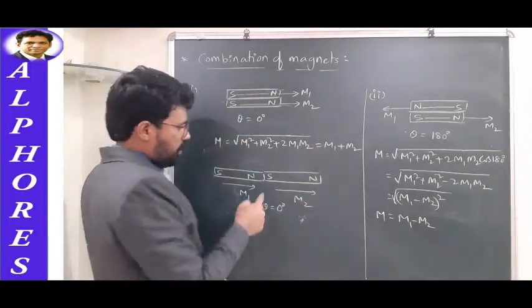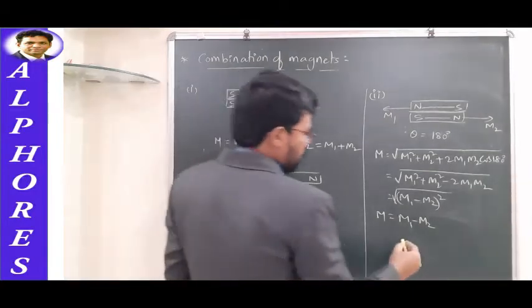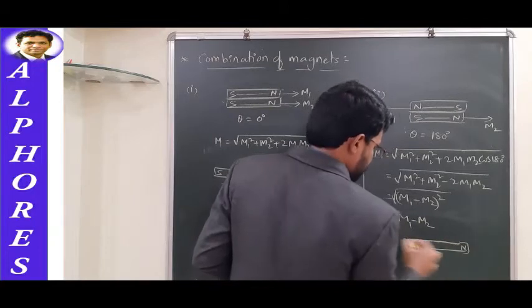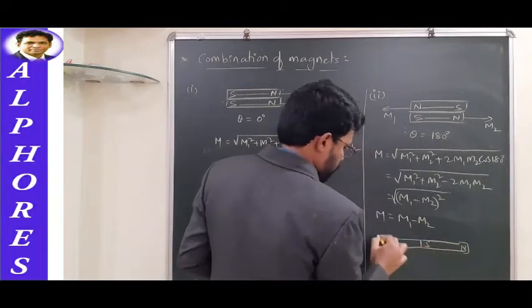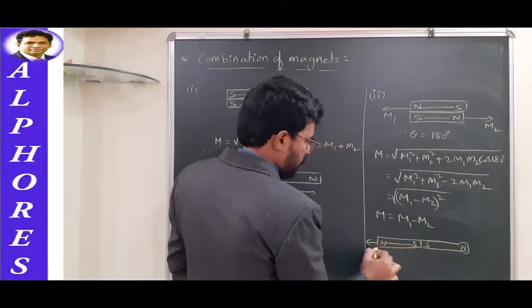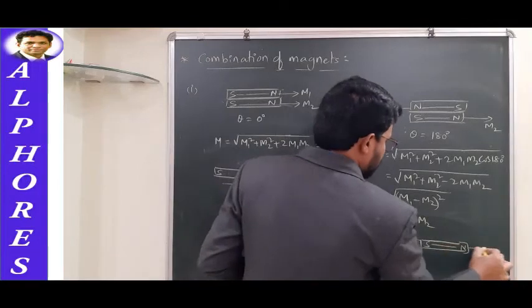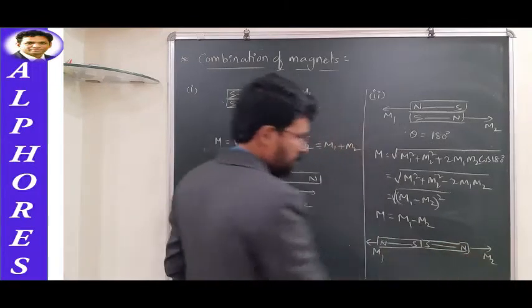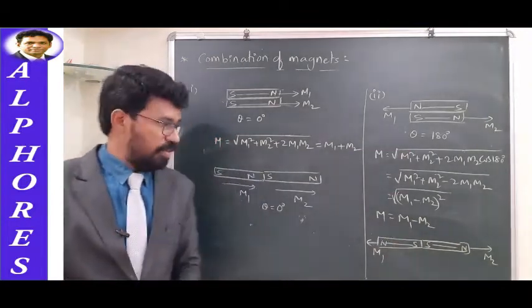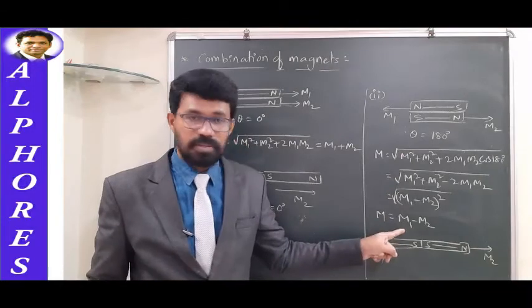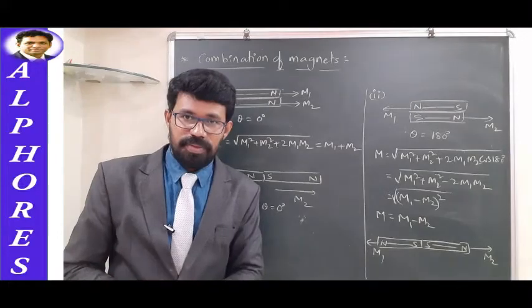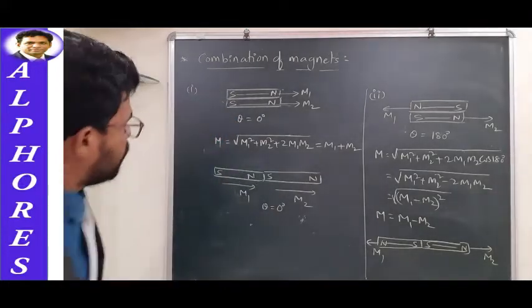Now here also you can imagine something like this kind of arrangement. Let us say this is one magnet, this is another magnet. Corresponding to this one, the magnetic dipole moment is along this direction. Corresponding to this one, the magnetic moment is along this direction. M1 and M2 both are opposite in direction. So these two situations are similar. In these two situations, the magnetic moment value will be equal to M1 minus M2 only. Like in these two situations, the magnetic moment is equal to what? M1 plus M2.